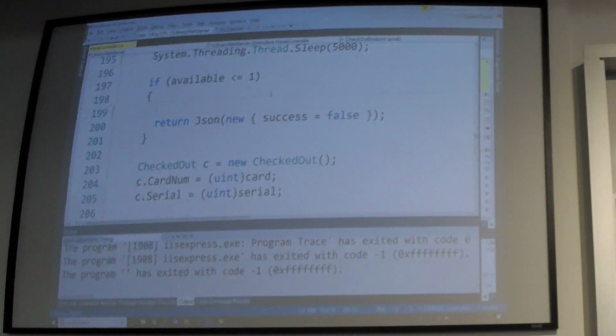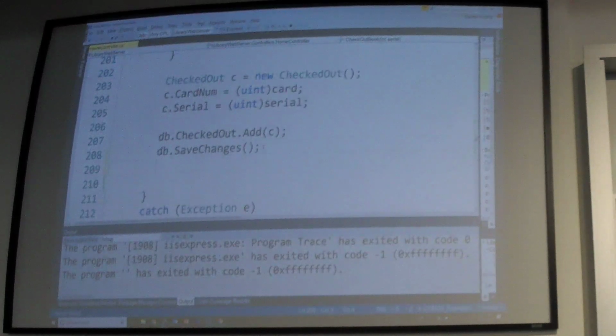If we get to this failure point where we've decided we can't check out the last book, then I just want to roll back before returning. I don't have to do that. It'll automatically roll back as soon as the transaction goes out of scope by this return statement, but it's always better to be explicit. So I'm going to roll back there,